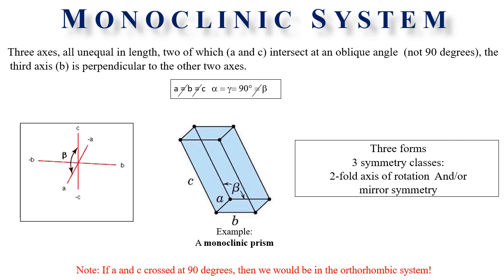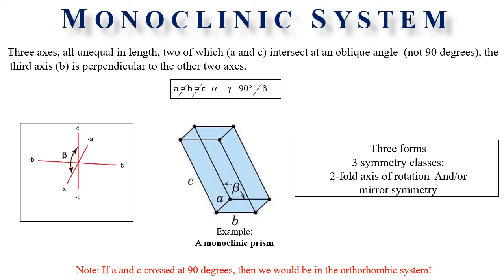So now we will study the monoclinic system. The monoclinic system includes all crystals that can be referred to 3 unequal axes, 2 of which are at right angles and the third makes an angle that is not a right angle with the plane containing the other 2 axes. The monoclinic system has one axis normal to the plane containing the other 2 axes that are not at right angle.